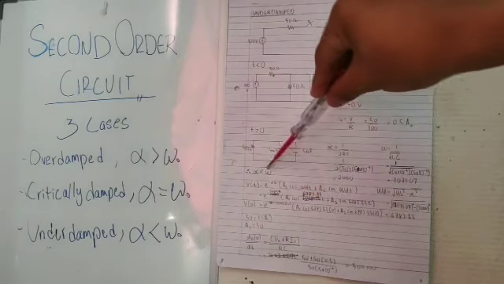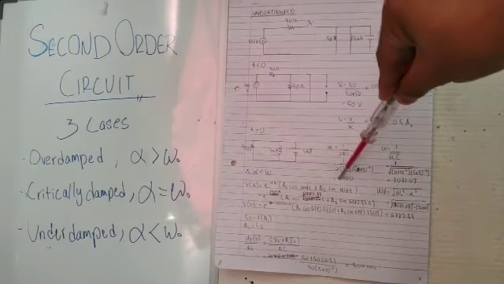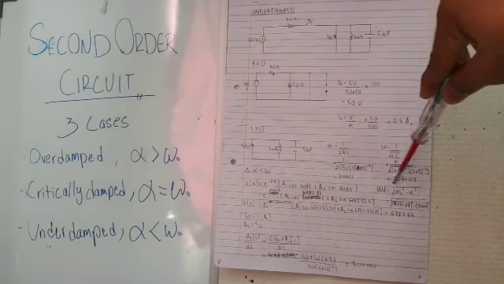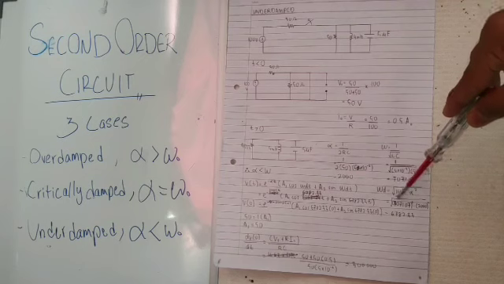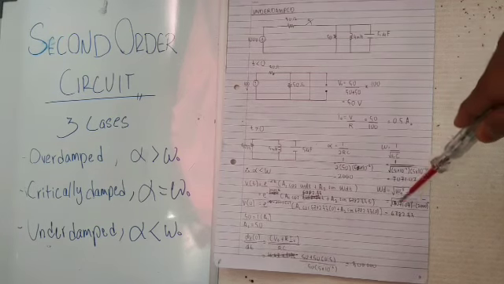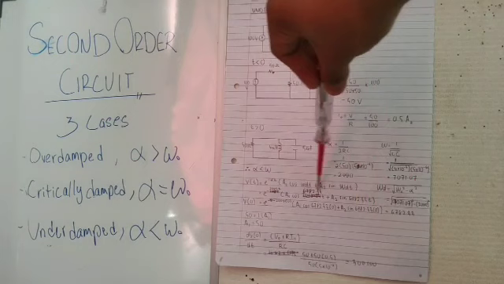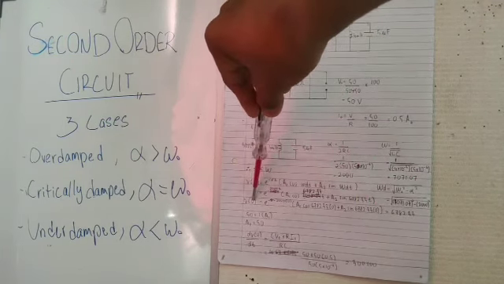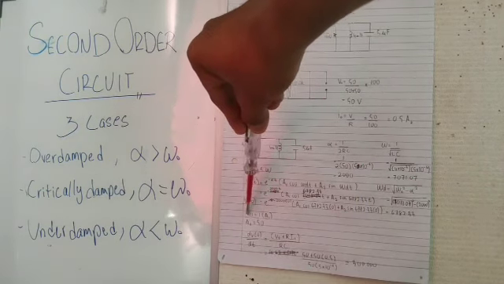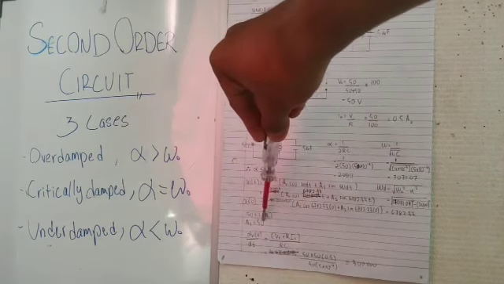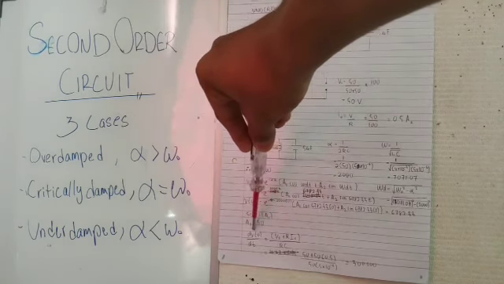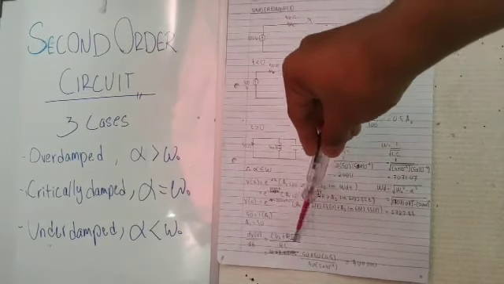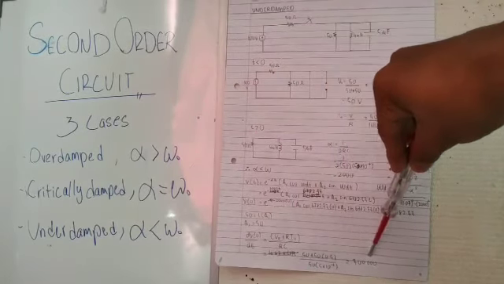Then this is the VT formula for underdamped case. After that, we need to find the omega D, and this is the formula. Just substitute the omega naught and alpha and we will get the answer. Then we substitute all the values on V naught and we will get the value of A1 is equal to 50. Then we need to find the dV over dt, and this is the formula. Just substitute all and we will get the answer 300,000.